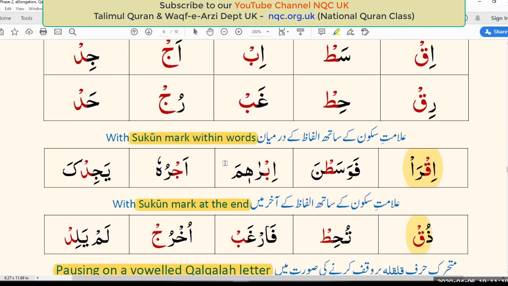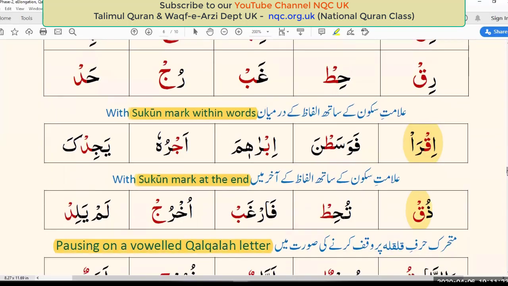So I'm going to ask the ST to unmute our first student for today, and I would like to go through these with her, please. ST, can you hear me?